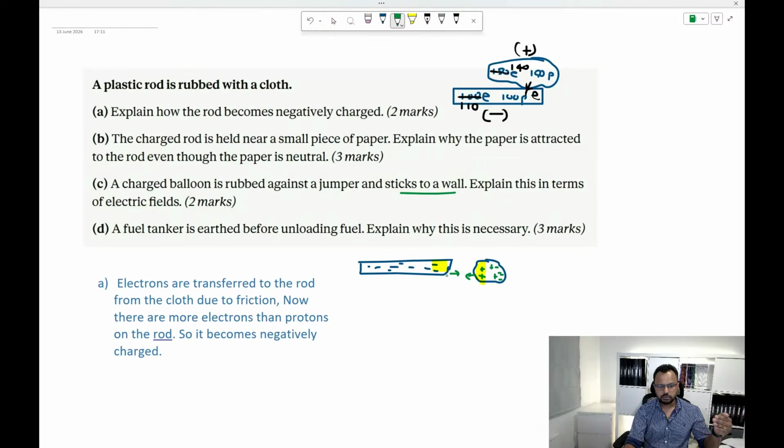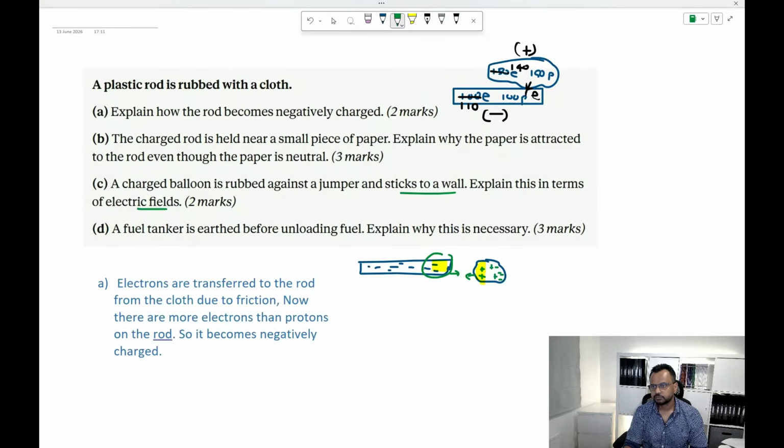Now you bring a negatively charged object close to this piece of paper. Now this is negatively charged, it has electrons. The electrons here don't like it. Why? Because negatively charged things repel, right? So when the rod comes close to it, it pushes the electrons of the paper towards the other side. The end closest will induce a positive charge. That front end looks like it's positive. Now there's negative here, there's positive here, they will attract. Right, part B. How would you explain it in terms of electric fields?